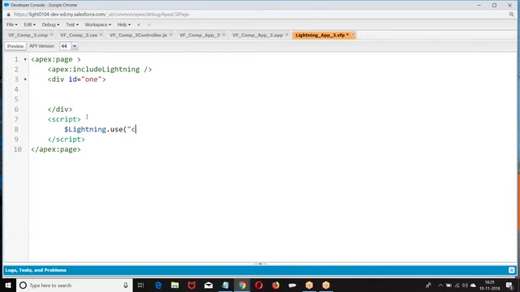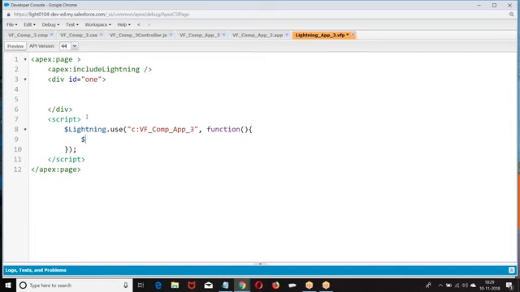What is the component we have? c: not component, what is the application? Component_app_3. Then I have a callback action function. Then in this, what we are doing is creating a component.